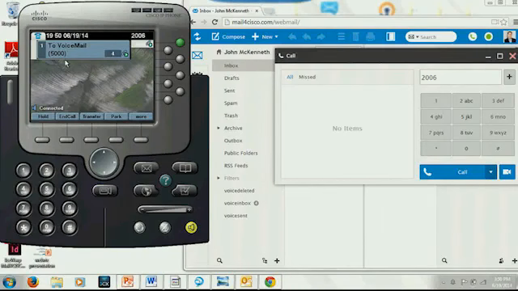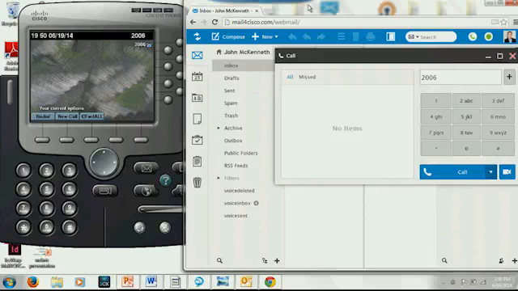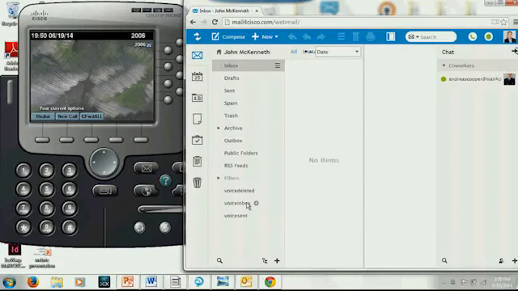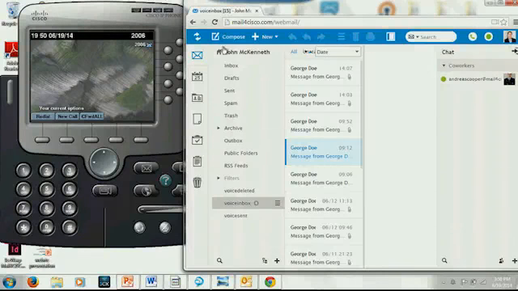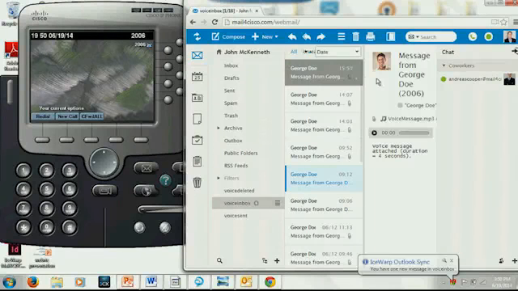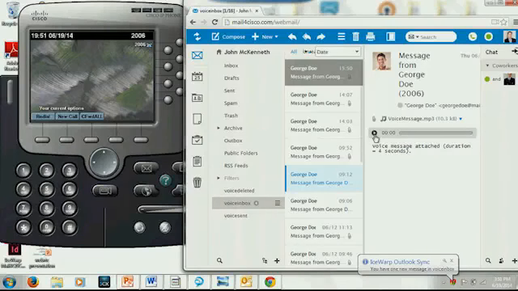Now this time I'm actually going to let it go to voicemail, and we'll see that the voicemail that I leave in Cisco will be listenable within the IceWarp web client. Testing, testing. Okay, so I just left a voicemail. Go over to the IceWarp web client. We have a voice inbox folder here. And it's synchronizing. And there's the voicemail I just left. With a click of a button, I can listen to my Cisco voicemail